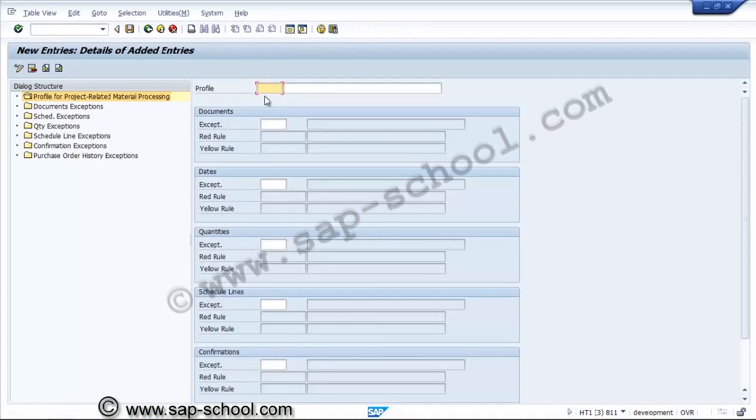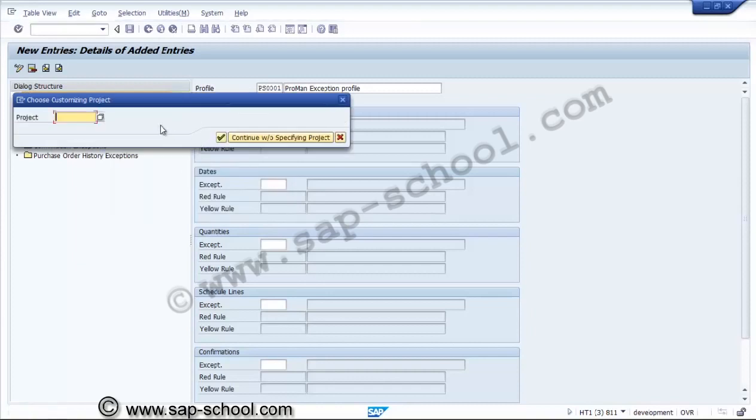This we will give as PS001, and this is for the Proman exception profile. Now we have to assign the exception rules for documents, exception rules for dates and quantities, schedule lines and confirmations.